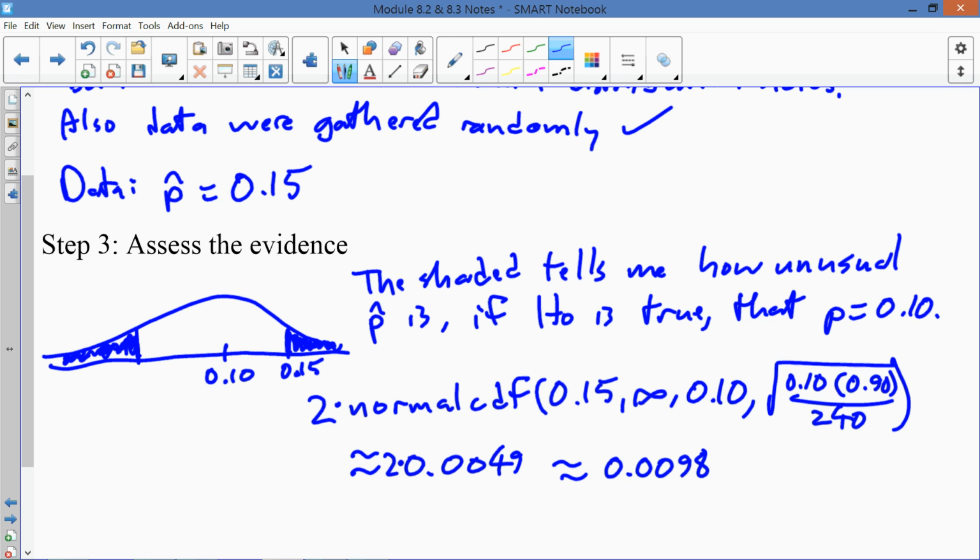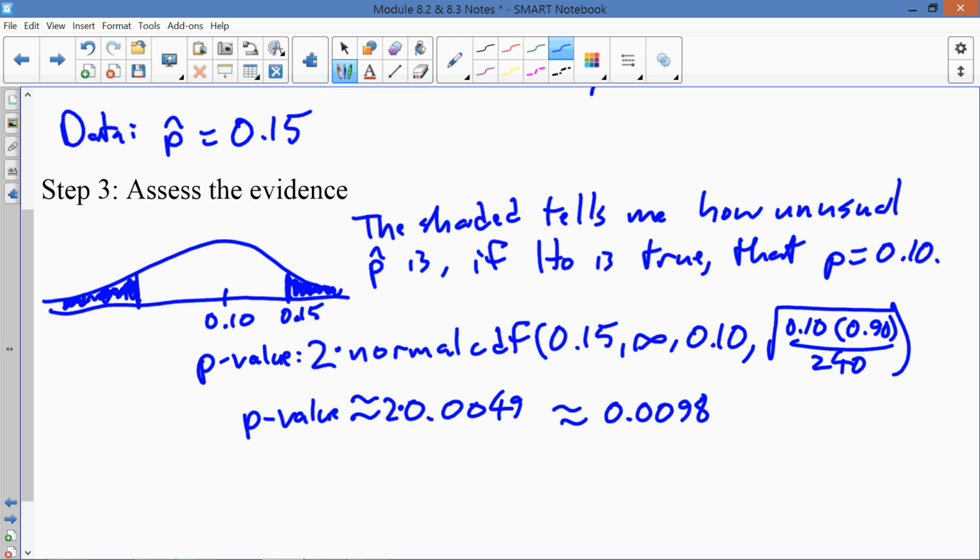0.0098. And we call this number our p-value. I'm going to write it as p-value, to not confuse it with our population proportion. Basically, the p-value is the probability we would get a sample proportion in this case, or whatever your statistic is, at least as far from 0.10 as the one we did. So a sample proportion